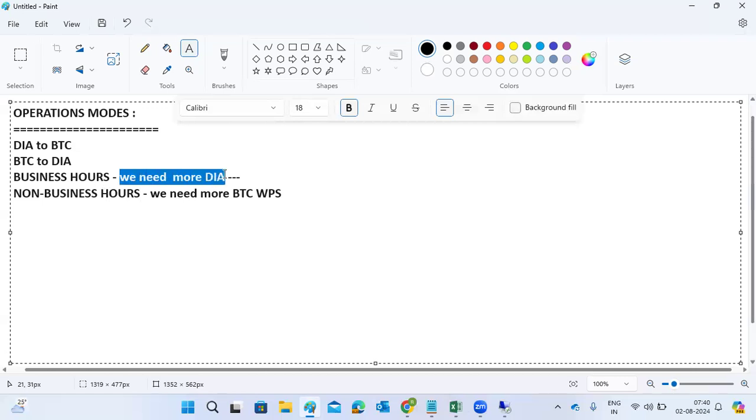So we need more dialog work processes during business hours, and more BTC work processes during non-business hours. Otherwise, sir, in the morning I would change the parameter and restart, and at night also change the parameter and restart to get more BTC, right? No need to restart. Using this operation mode concept,